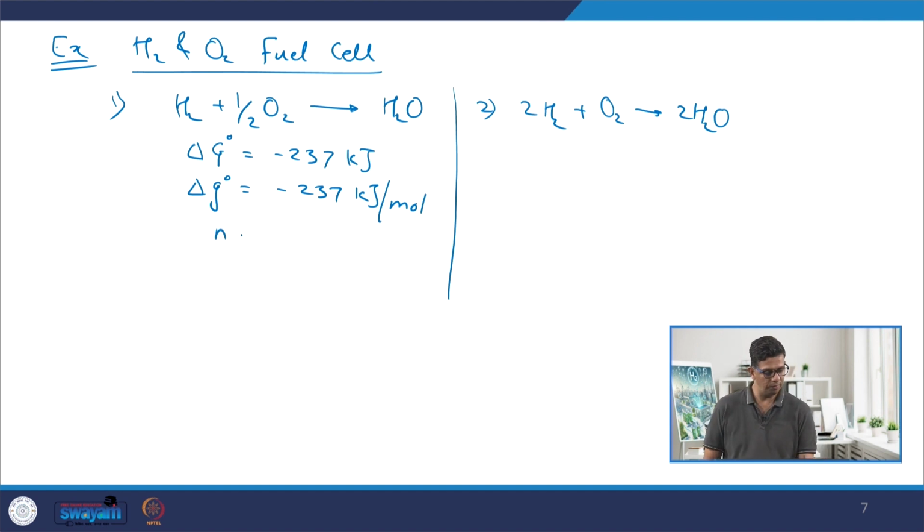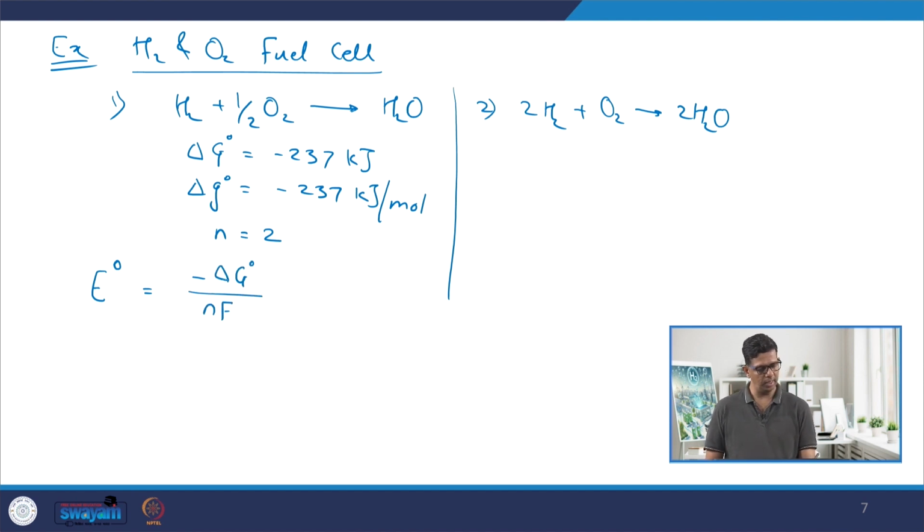The number of moles of electrons involved in the first case is 2. So let's go ahead and find E naught. E naught means the standard or reversible cell potential, because we are calculating the potential at standard temperature and pressure conditions. That is why it is E naught. From the last slide, we know it is minus delta G naught divided by NF,